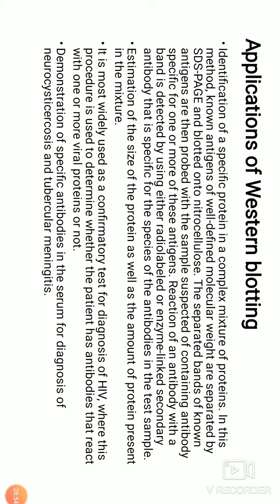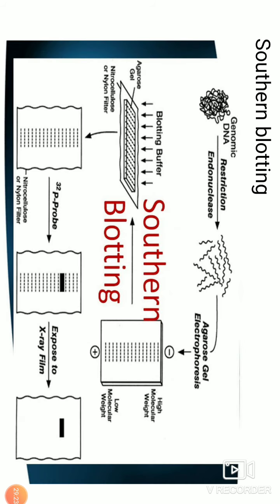It need not be a pathogen. It can be a simple experiment, like you have cloned a protein in a vector that contains a His tag. If you want to confirm that your protein of interest is your clone, then you can have a His tag specific antibody that will go and bind to the specific clone and give out a bright band once you develop. That is a confirmatory test that your protein is cloned and of a particular molecular weight. You have wide applications for western blotting.